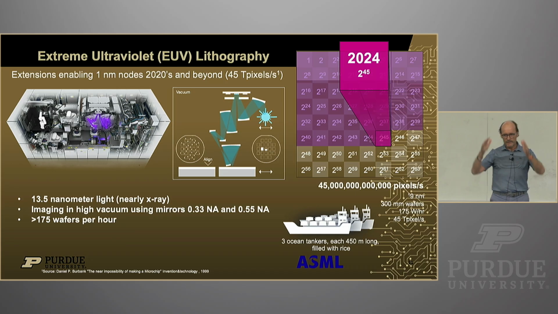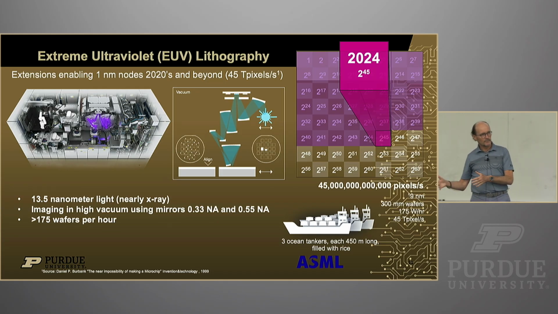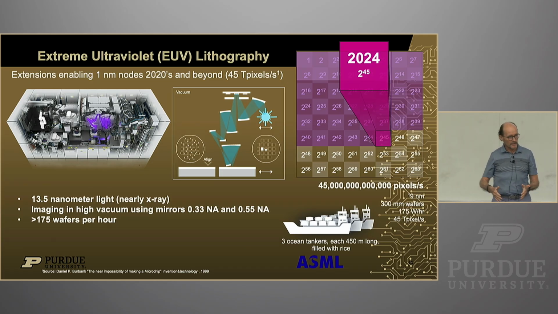And imagine this multi-million-dollar lens that you have becoming a consumable when you're producing chips. That's not going to work. So we were stuck at 193 nanometer for a long time because we were still working on refractive optical systems. And the only way out of that was to move to